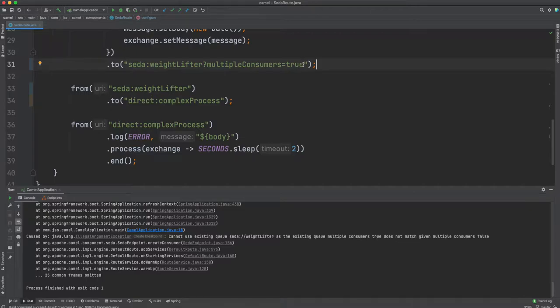Okay, so the first rule of Camel is the endpoints should be exactly the same. I just need to make sure whatever I put over here needs to look exactly the same over here, because this is how the routes will be defined. Otherwise what we are saying is send it to this route with these options, and consume from this route, but the options do not match. So Camel cannot correlate the consumer and producer. We just need to make sure our consumer and producers look the same. That's why it's always a good idea to define these things in a constant so you can just reuse it. All right, let's just run the program over here.